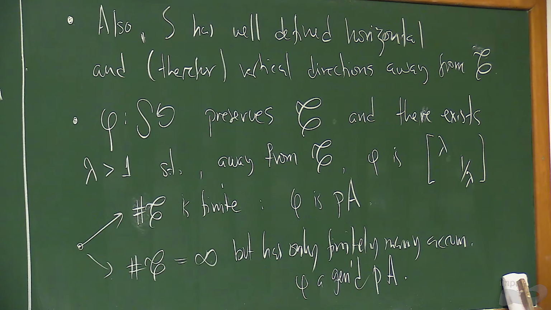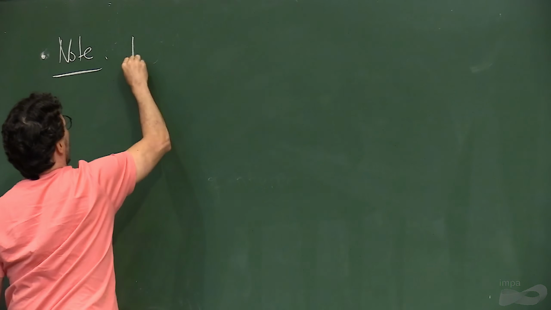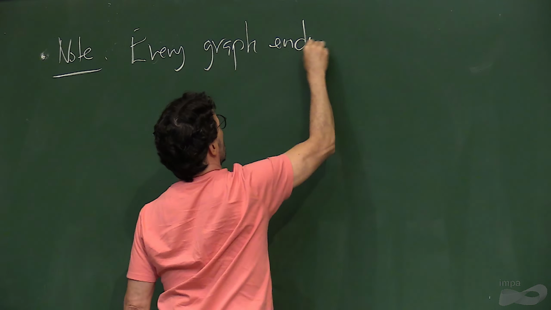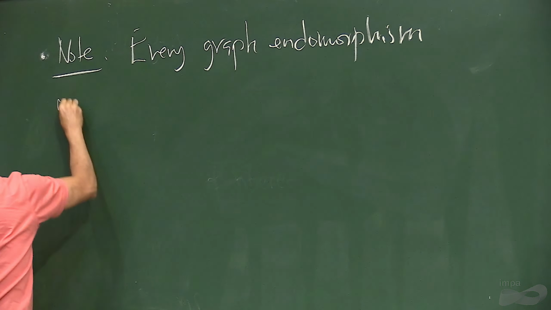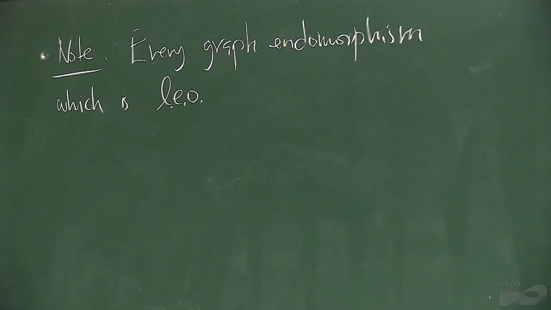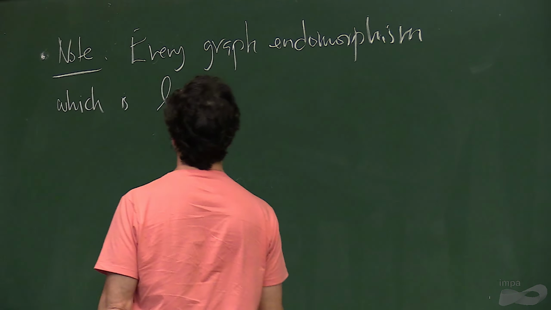Okay, so let me just mention that generalized pseudo-Anosov maps are very abundant. So note, every graph endomorphism which is Leo, locally eventually onto, that is, every piece of the graph eventually maps to the whole thing,